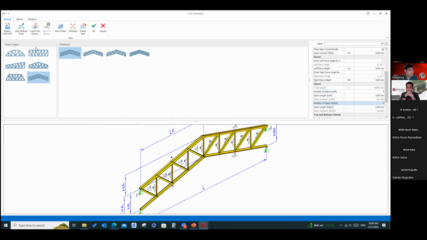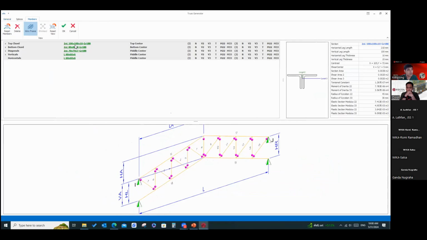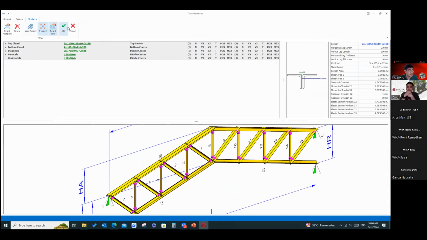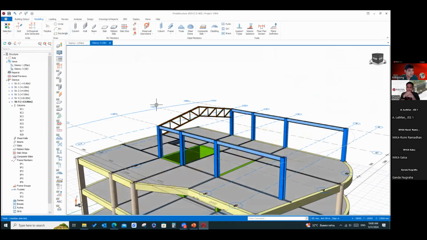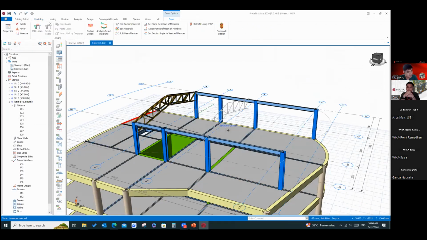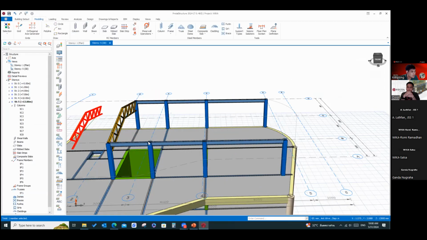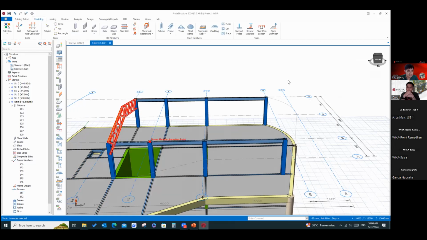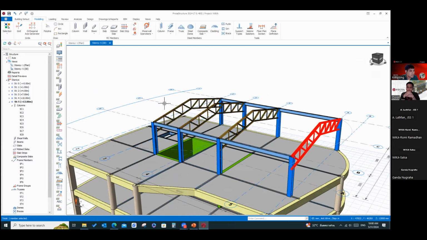Or you can change the member, the top chord, bottom chord, diagonal or vertical. It's up to you. Let's just change the section. That's all. Oh, my bad. Okay, let's just copy. See, done. Okay, maybe insert for the subtract like this.